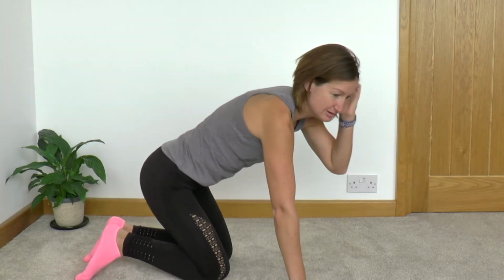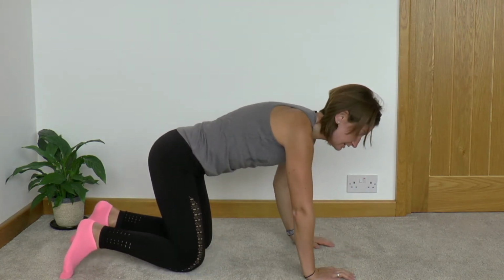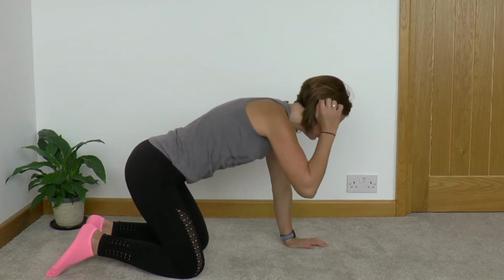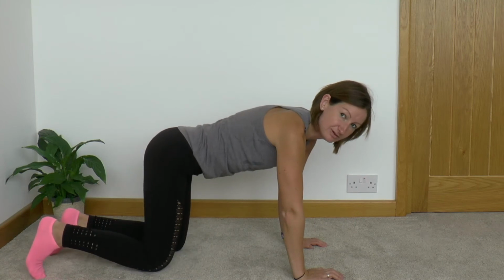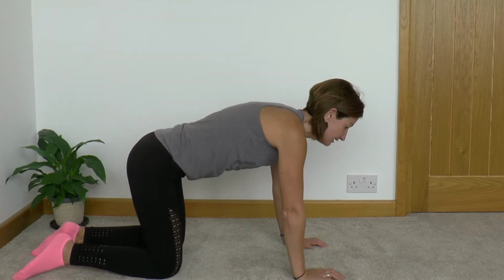So we're going to take a very small transition onto our knees. Now you can either do a little break dance with that, or you can just allow the knees to come forward. And I'm just going to turn to the side just so you can see a little more clearly. And we're going to stack the hands under the shoulders. The knees will go directly under the hips. So we've got this lovely